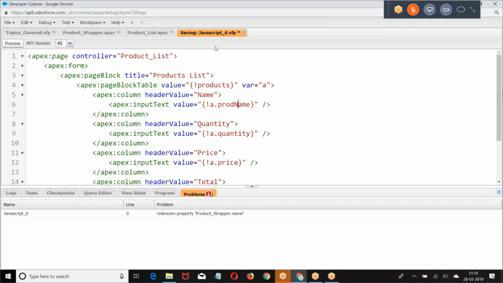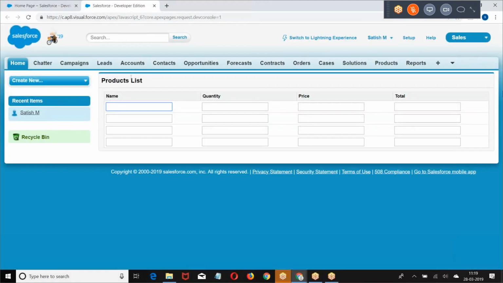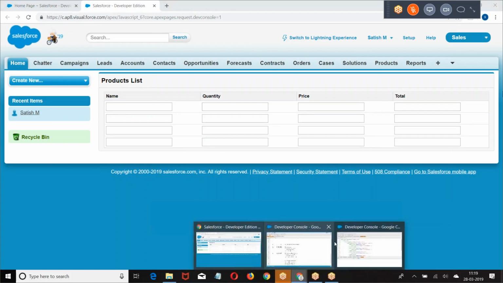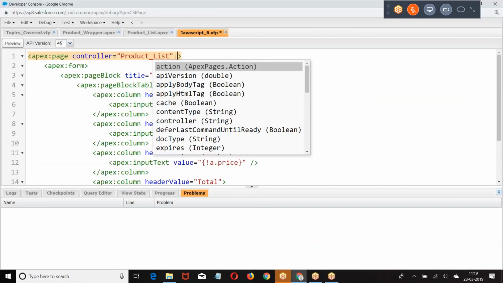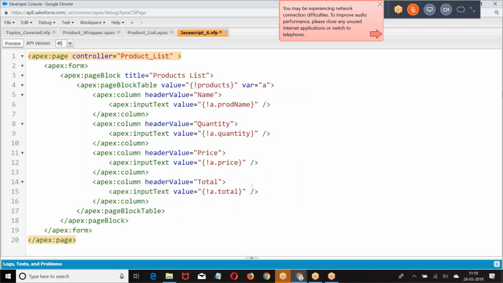So let us save this. So this is how we got it. Name, quantity, price, total. Now I want to know which row I selected. I want to know on which row I have clicked. What I'm doing. This is a regular page block table, right? There is no question about this. This is a regular page block table to display list of record.